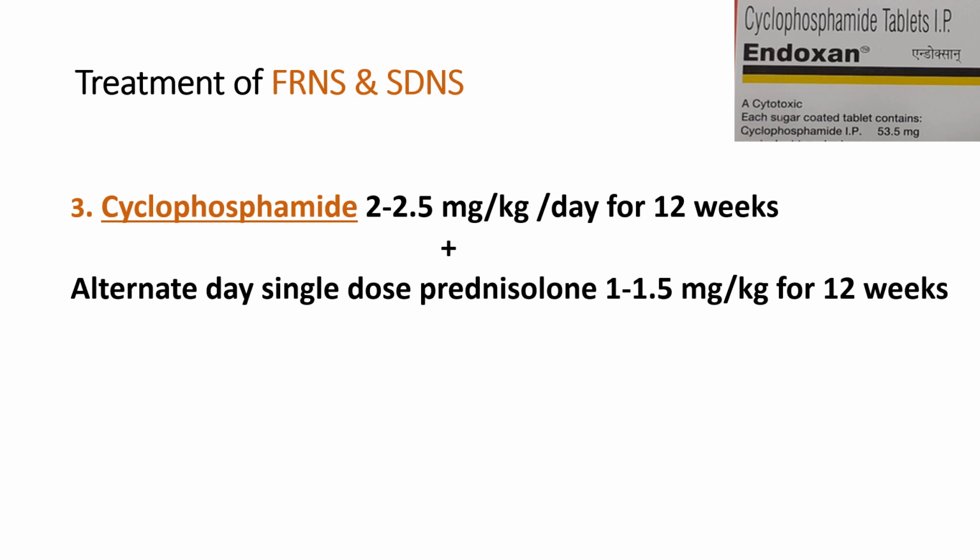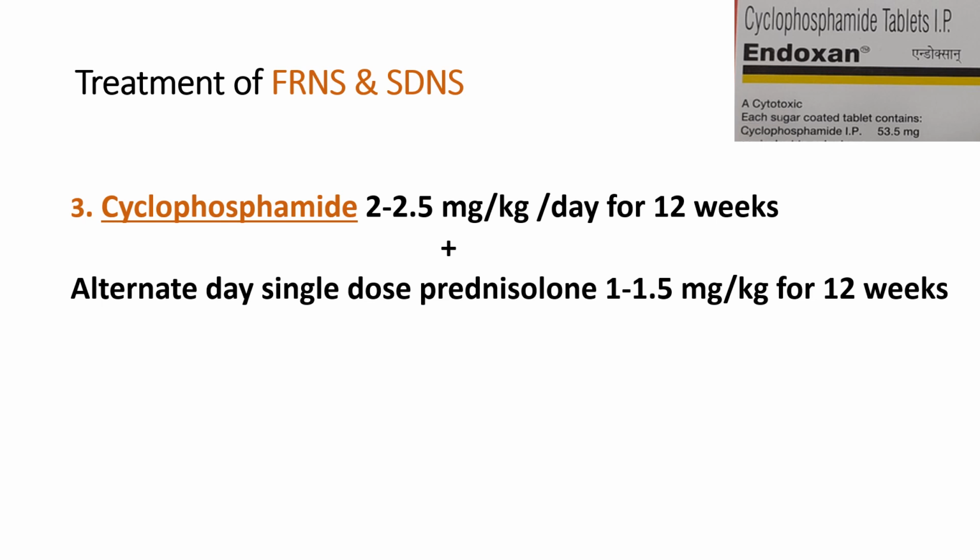Every month we have to perform a complete blood count, to see whether the child is developing leukopenia or not. And the child can even develop hemorrhagic cystitis, or gonadal toxicity can be seen in male children in the adolescent period, and even infertility can be there, but it reverses after stopping the drug. So we have to monitor for the side effects. Dose for cyclophosphamide is 2 to 2.5 mg per kilogram per day. It should be continued for 3 months with alternate day single dose prednisolone 1 to 1.5 mg per kilogram